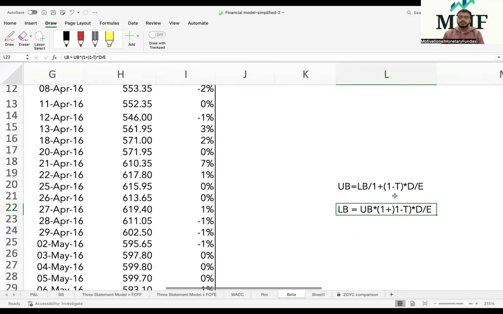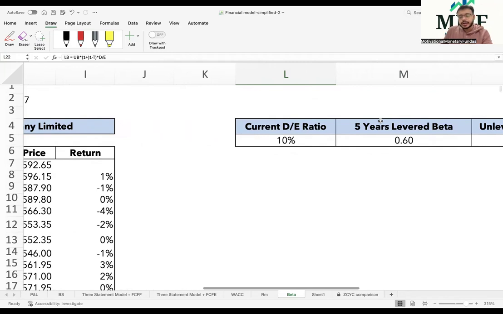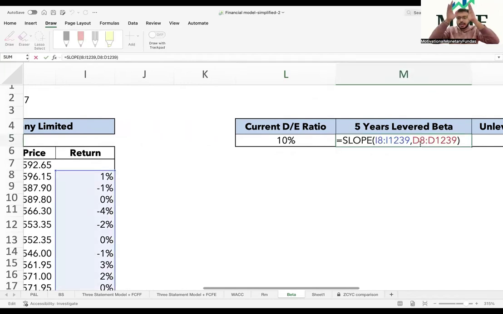Okay, but this formula is something that you will learn once you see this video. Once you have this file, try to understand the formula. Now, the beta that we calculate from the data we get on the BSE website, the stock returns and the index returns we had, is by default always a levered beta. The beta that comes out by using the slope function is always a levered beta because the debt impact has already been taken into account. So whenever you are using the slope function with a specific company's returns and index returns, you need not worry about whether you are calculating the unlevered or the levered beta. It is always a levered beta.